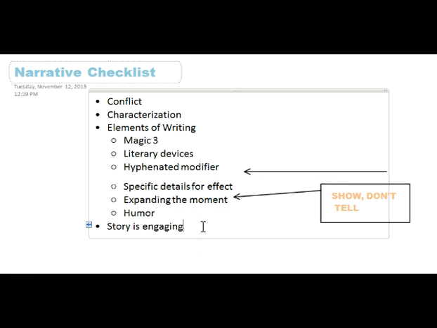And then, most importantly, make sure your story is engaging. You want to appeal to emotion. Maybe it's very suspenseful. Maybe it's scary. Maybe it's sad. Maybe it's hysterical. Who knows? But in some way, you want to make it so that your readers just want to read on. So hopefully this gives you a little bit of information of what I'm looking for.